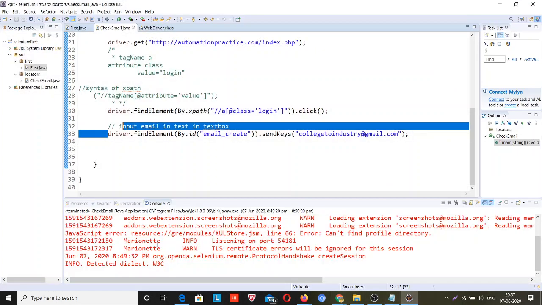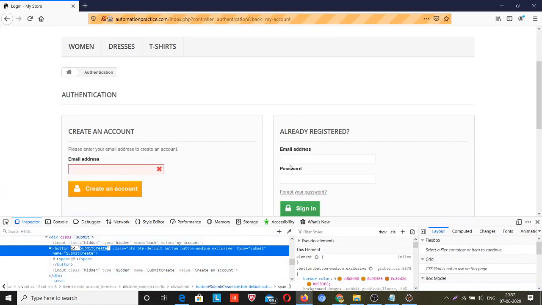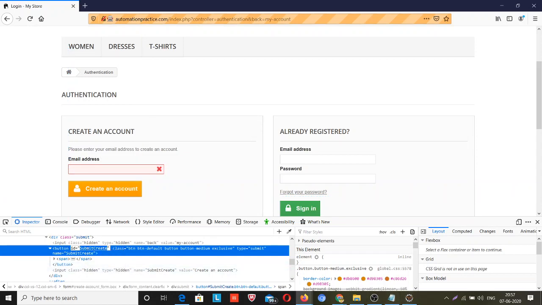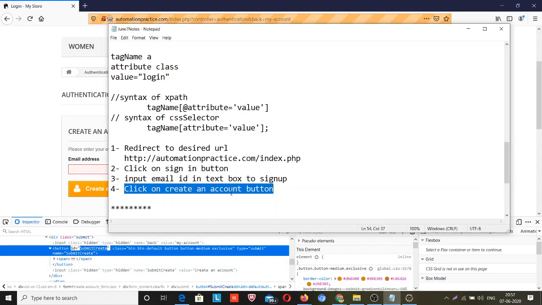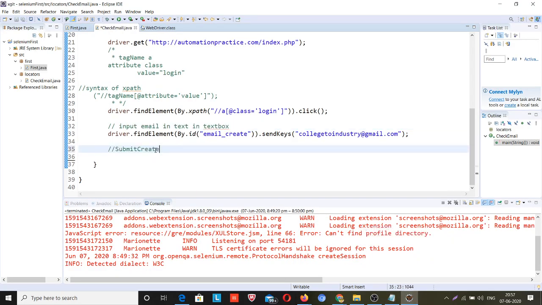Okay guys, so today my agenda is only to let you understand how things happen in Selenium, my first script basically. So now I will do this script using CSS selector. Button id is submit create. Let me copy here so that I can refer to it later. And what is the syntax for CSS selector?